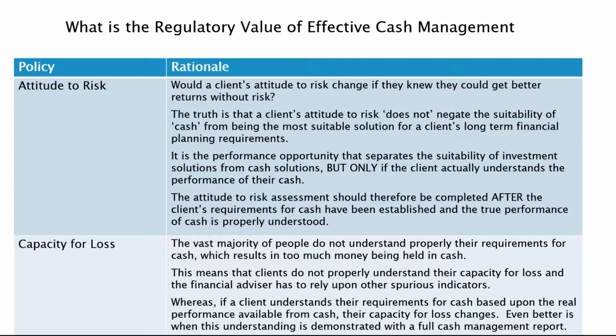And the only issue here, for the financial advisor from a regulatory point of view, is that when your file is called to question, how many holes are there in the file? And the client's requirements for cash and the value of cash is one of those such holes. And this is evidenced also by the Ombudsman's position. When they find in favour of a client, they ask the financial advisor to put the client back in the position they would have been in cash had they not undertaken the investment, with an 8% rate of interest,